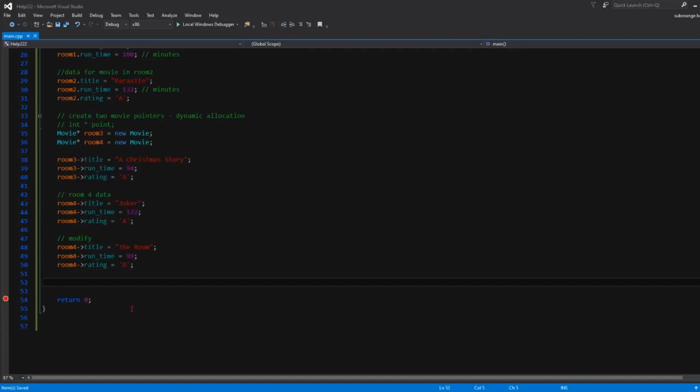So along with modifying them, we can possibly compare some of these values, right? So let's say we want to see if 2 of these rooms are playing the same movie, if we have duplicate movies playing. To do that, we can use an if statement here to see, does room 1 play the same movie maybe as room 4 or something? So the first instinct might be to try it like this, right? So if room 1